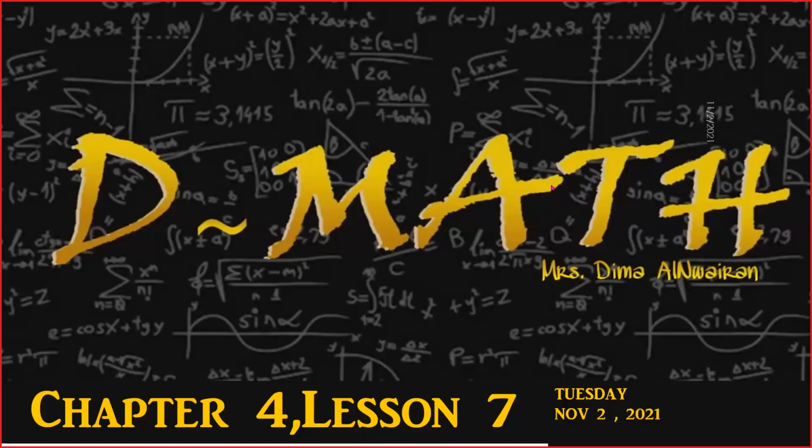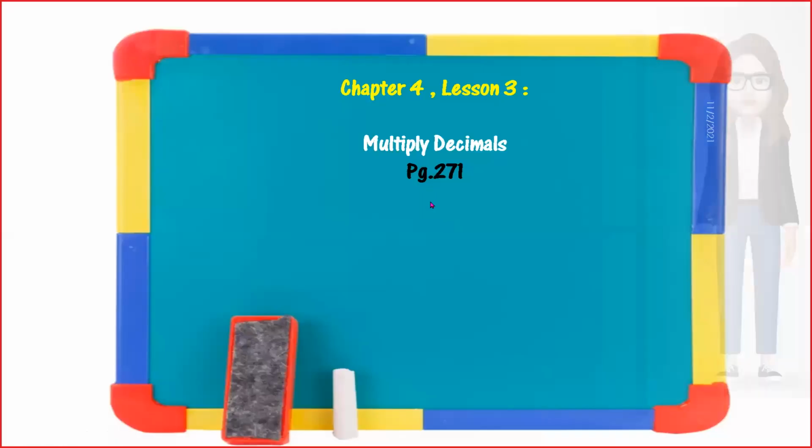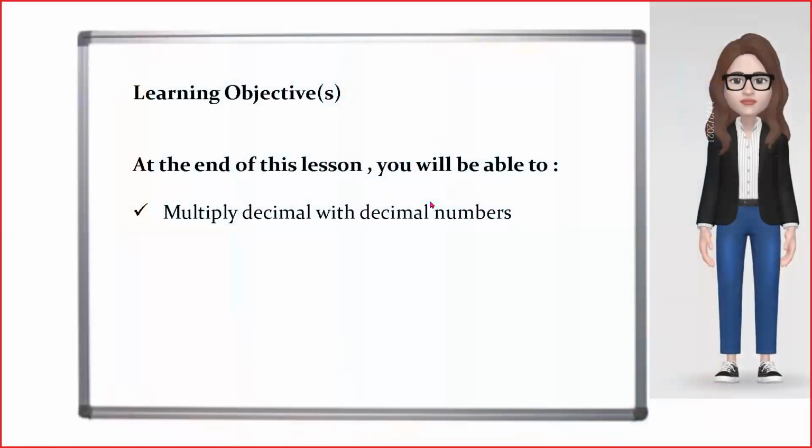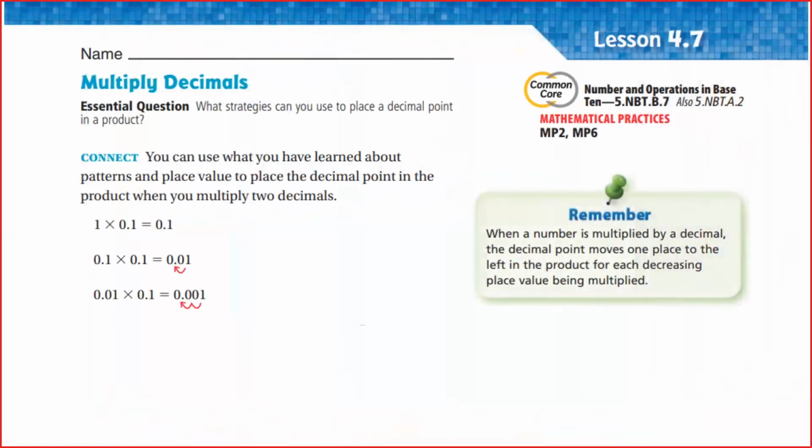Today we're going to start a new lesson in chapter 4, lesson 7, which is talking about decimal multiplication. In the previous lesson, we learned how we can multiply a decimal number with a whole number. Today, we're going to learn how we can multiply a decimal with a decimal. So all of you, please open your book, page 271. In order to start. Now,